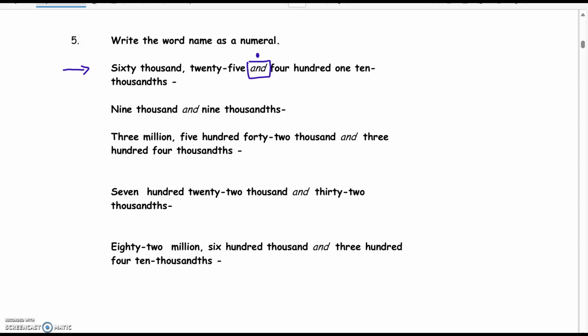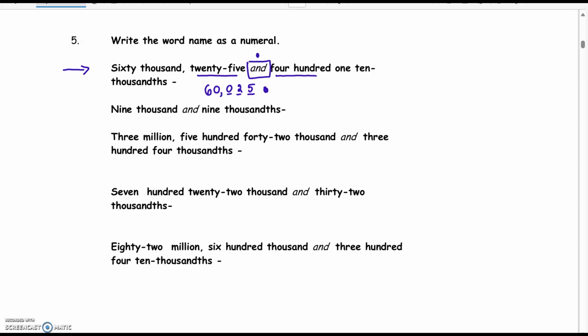60,025. So let's write this down. 60,000, and then if it's a number in the thousands, there have to be 3 more places in the number, and the rest of these 3 blanks have to read 25. So put your 25 at the end, and 025 reads 25. Don't write down 250, that would be 250,000. So here it's 60,025, and so I'm going to put a decimal point,